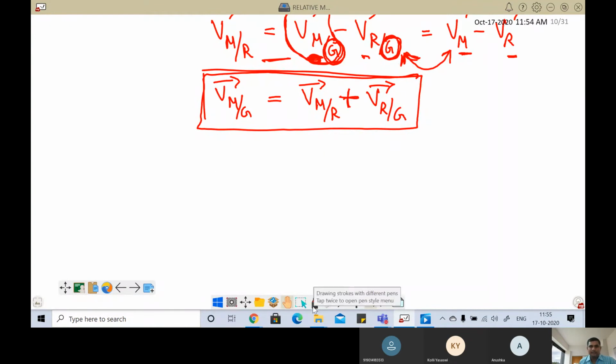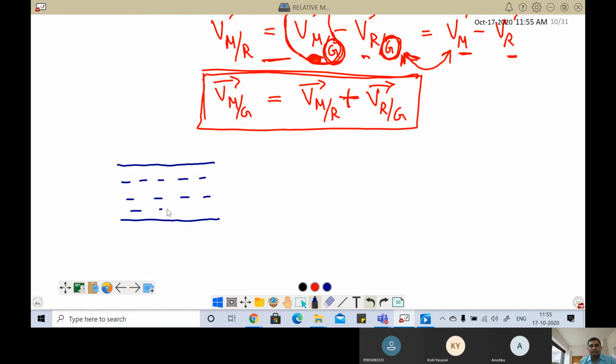Now actually you can easily understand this in a normal way also. I'll explain it. For example, let us say this is a river. Let us say the water is not flowing. That means the velocity of river is 0. Now suppose a person tries to swim here with 5 meters per second. Is he swimming because of his own effort, or is the river also pushing right now? Only his own effort.